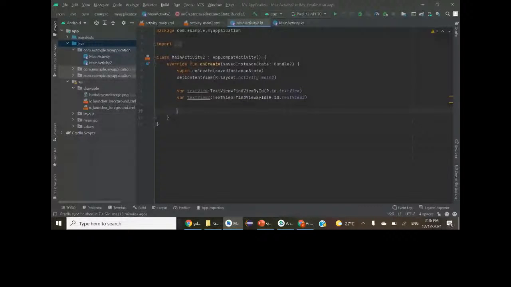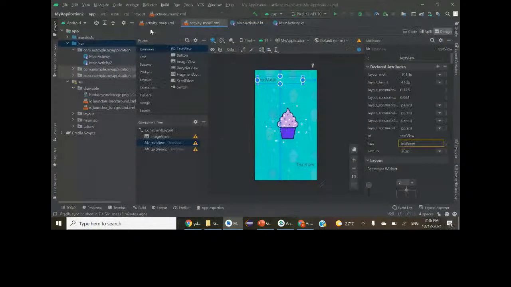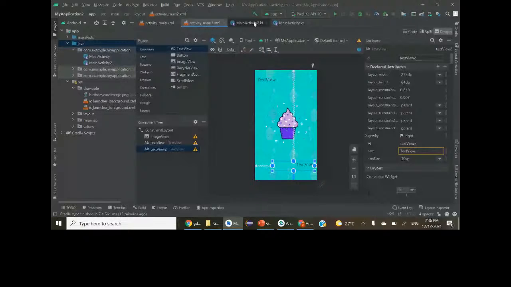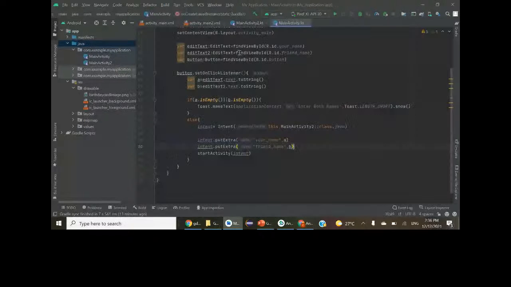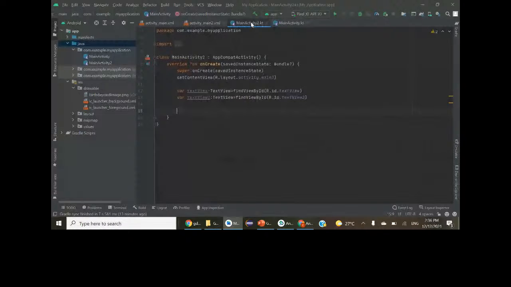So yeah, next I will set the text in this text view, which comes from your name and your friend's name. I will be presenting those both edit text values over these both text views. So let me do that, and that can be accessed with these names. So let me do that. So textView.text is equal to the text "Happy